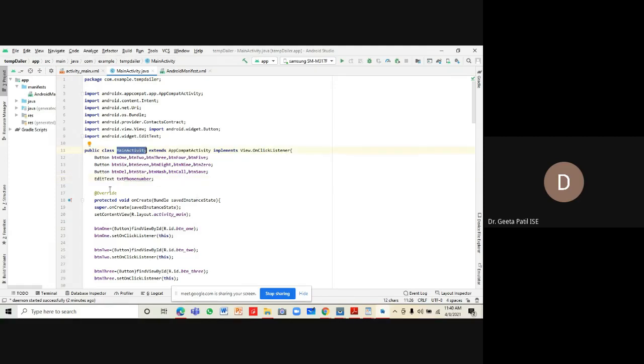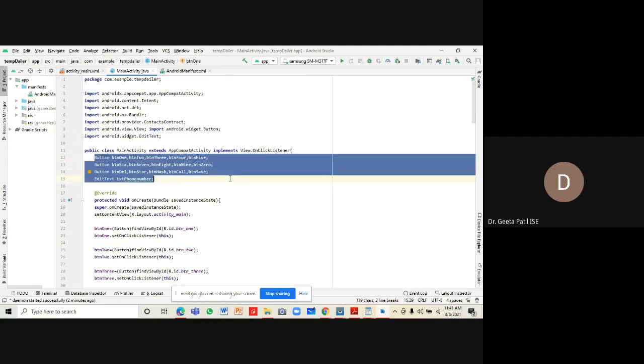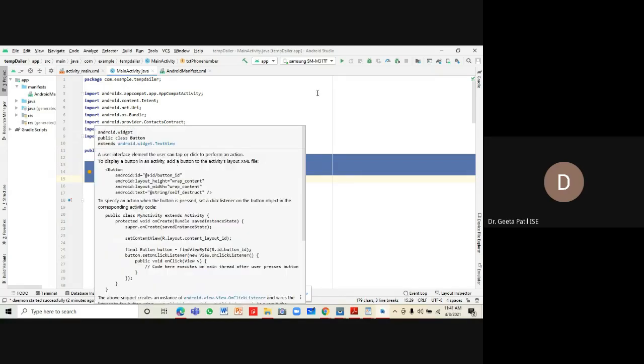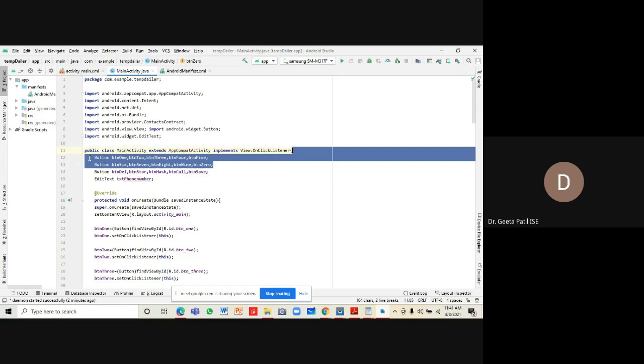With our main activity, in order to set a proper reference to the components available in our XML file, we have created these objects. We have button1, button2, button3, button4, and so on till button0. So we have 10 objects of type Button for referencing the 10 number buttons available in our app.